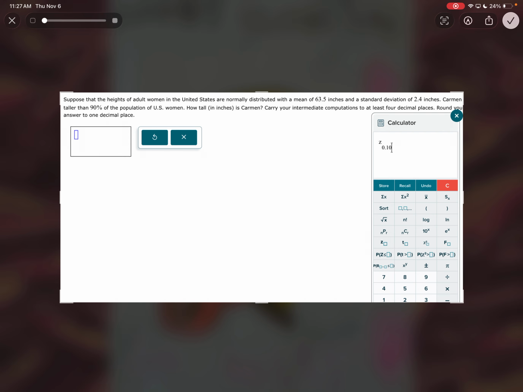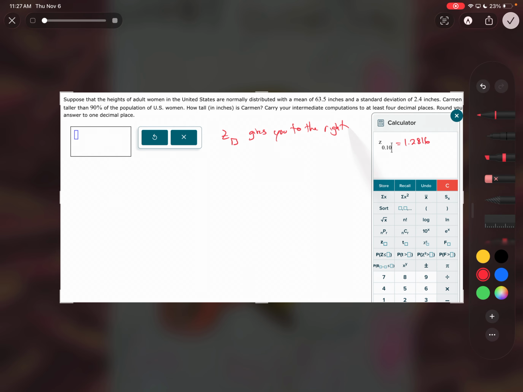Okay, so this is 1.2816. This button right here gives you to the right, right? So if we go back to our picture, what we have in this problem is 90%. She's taller than 90%. So that's 90% here. So what we are really looking for is the z-score that goes along with this being 90%, okay? Since it gives us to the right,